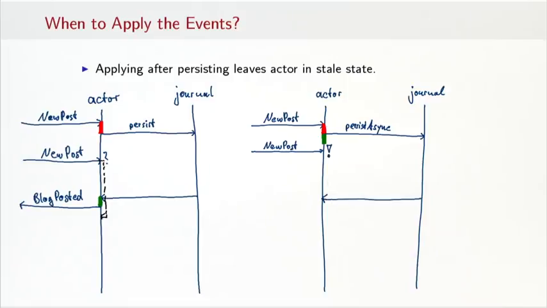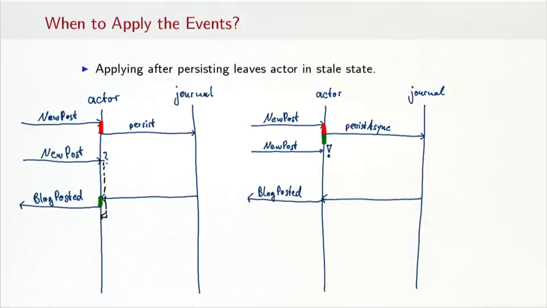Now, what is left to do when the persistence round trip has been completed and the events come back from the journal? In this case, the state has already been updated, so the only thing that is needed is the blog posted message